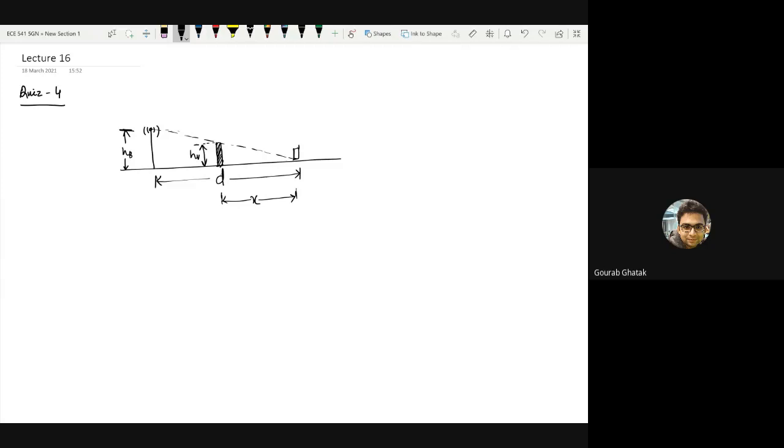So this is just a part of the network, one user, its nearest base station, and we are interested in the probability whether this user link to the nearest base station is blocked or not. Right. So, a couple of things that have been given is HV, which is the height of the blockages. HB is the height of the base stations, as shown in the figure. Some other parameters have been given. They are the fact that the vehicles, the users, and the base stations all are Poisson processes.